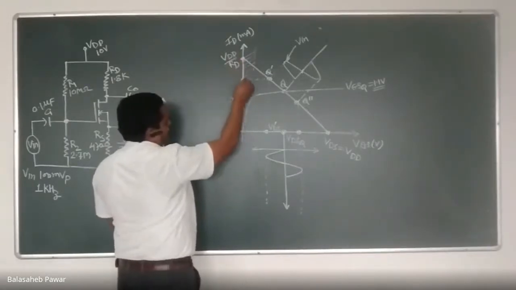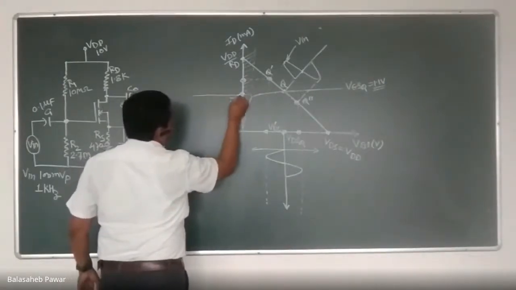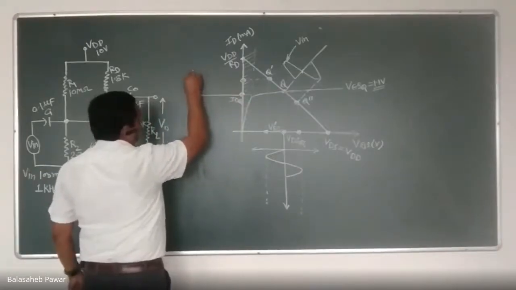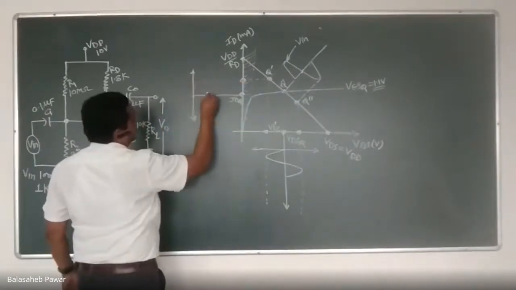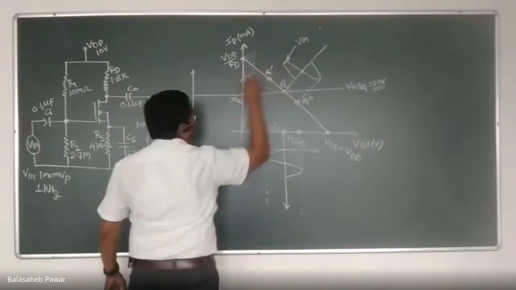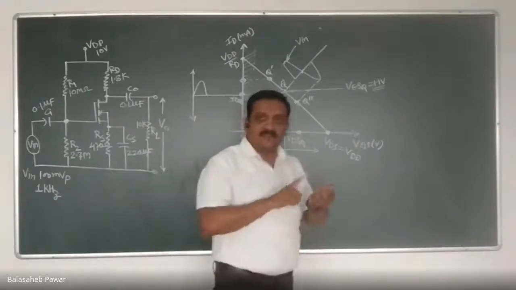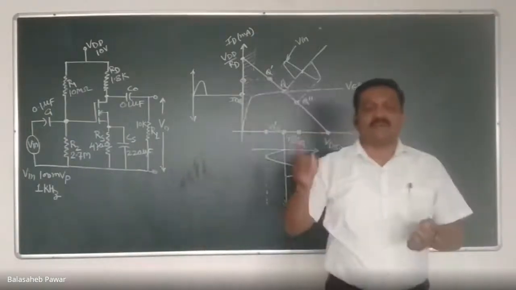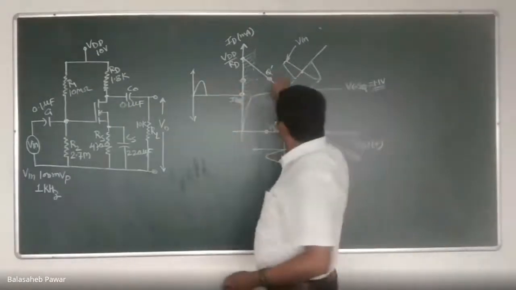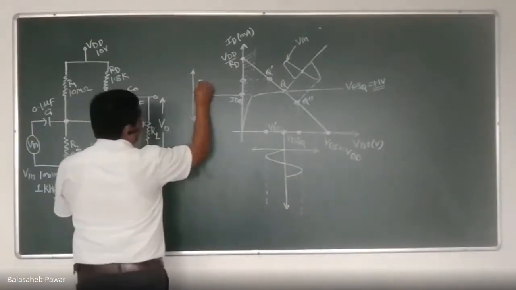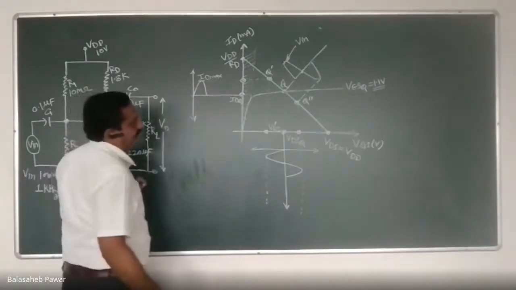So what is the effect on ID? ID also gets increased. So you will observe that IDQ gets shifted from here, somewhat towards ID max. Correct? So again, we can plot that drain current waveform also by considering this one as my reference line. So see, during the positive half of input, as drain current increases, we can say there is 0-degree phase shift between input voltage and output current. Our output current is directly proportional to input voltage, and that's why there is 0-degree phase shift between input voltage and output current. This is nothing but our ID max.